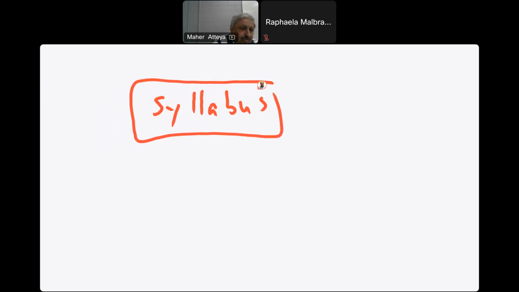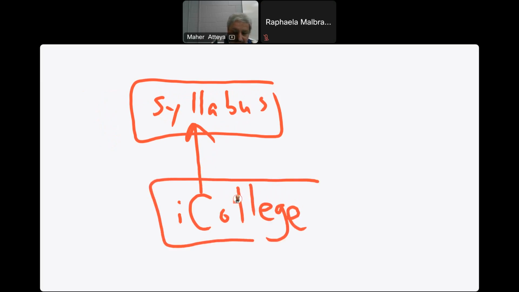Okay, so we'll go through the syllabus first. We'll go through the syllabus together. But before we go to the syllabus, we have to know how to manage and navigate iCollege. Everything will be online, the quizzes and the exams. The final exam is not my final exam. It's the departmental exam. So what will happen is the department has the American Chemical Society exam, and that exam